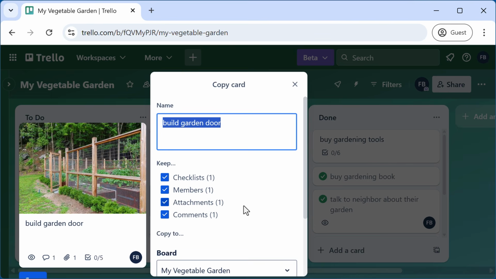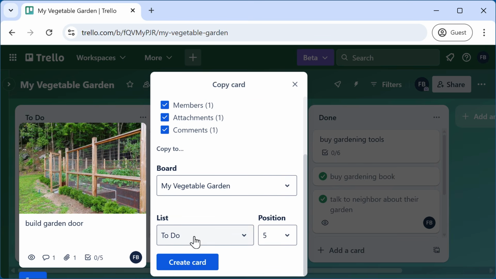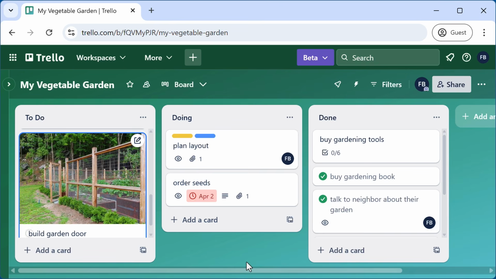You see that you have the same options as if you're in the card itself. I can create another card, choose what I want to keep, and determine where that card should go, into which list, in which position, and then click Create Card. It's just that simple. If you haven't yet used that feature of copying cards, as opposed to creating them from scratch, go ahead and give it a try now.